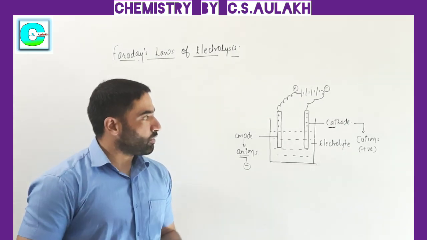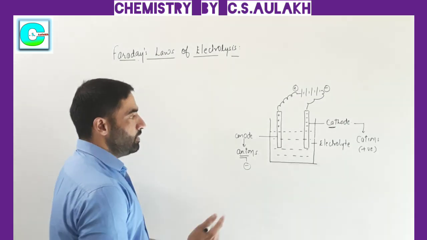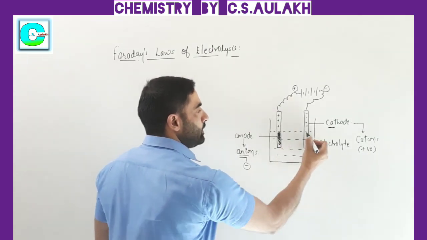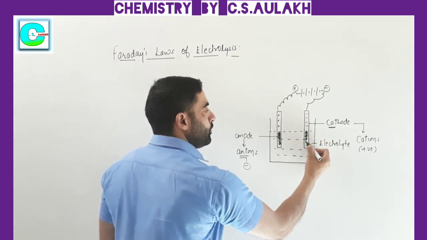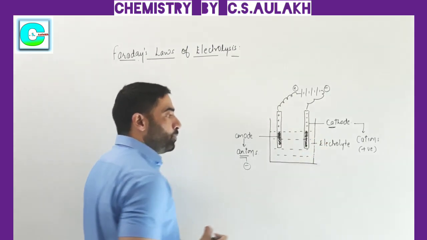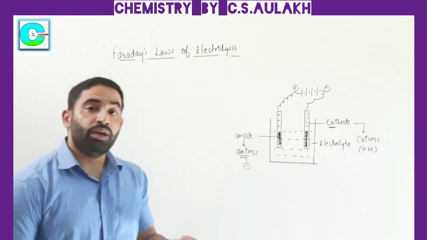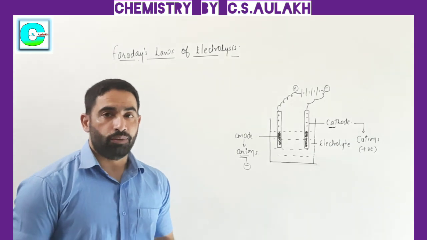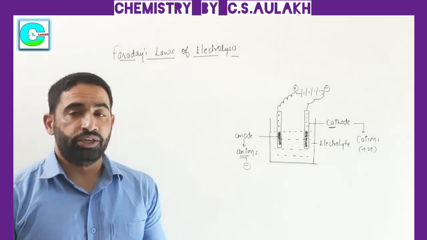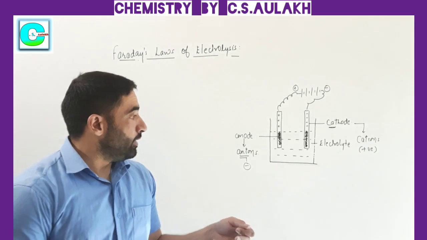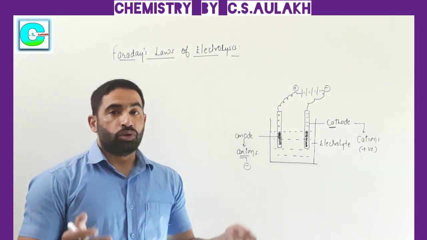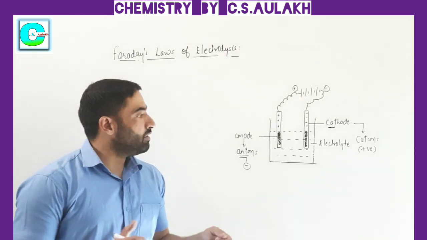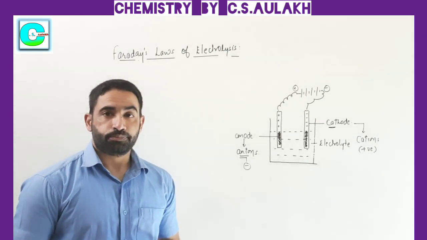During this electrolysis, substances are produced over the surface of these electrodes. There may be deposition of the substance, or there may be liberation of the substance. If some gaseous substance is formed during the decomposition, it will be liberated. We will use the word liberation here. And if there is a formation of a solid substance over the surface of the electrode, then we will call it deposition.